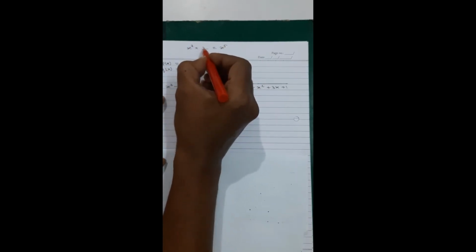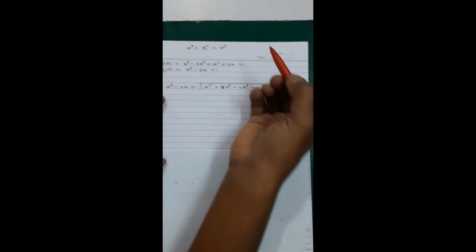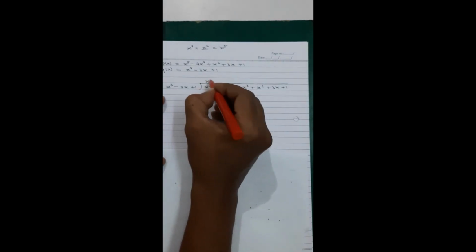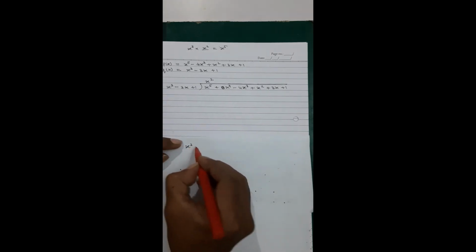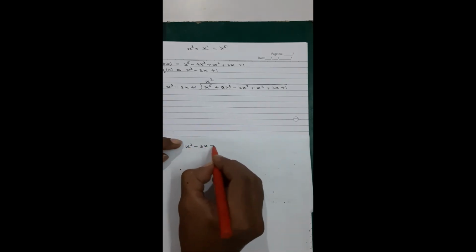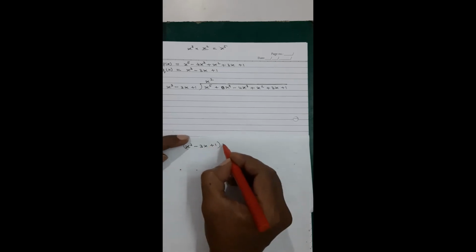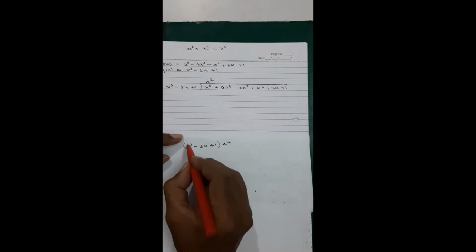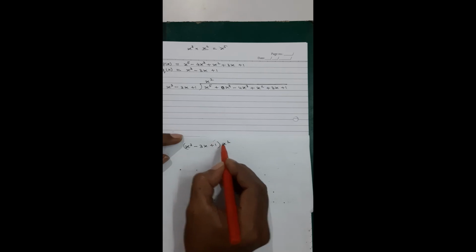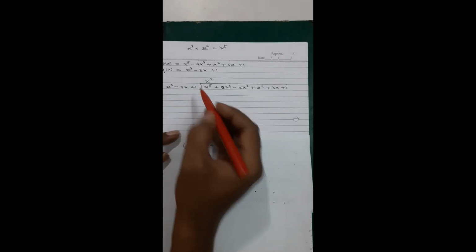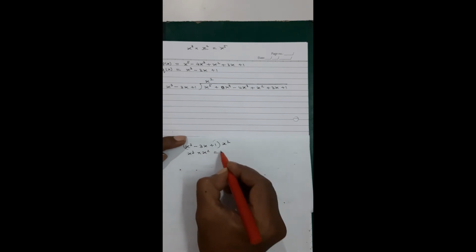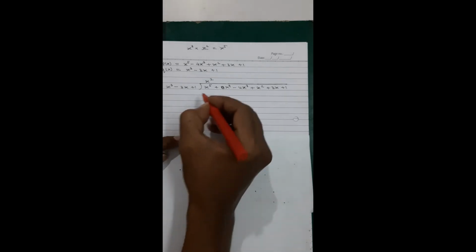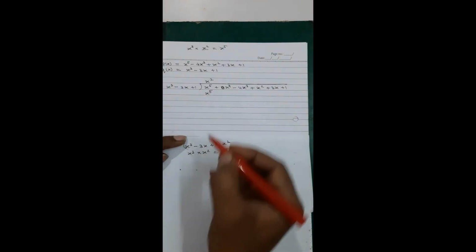So definitely you will see x raised to the power of 2, because 3 plus 2 will go to 5. So here I will get x raised to the power of 2, means x square. And now what you have to do is take x cube minus 3x plus 1. This whole thing you have to multiply with x square, means this also will multiply, this also will multiply, this also will multiply. So x cube into x square will be x raised to the power of 5, that we know.